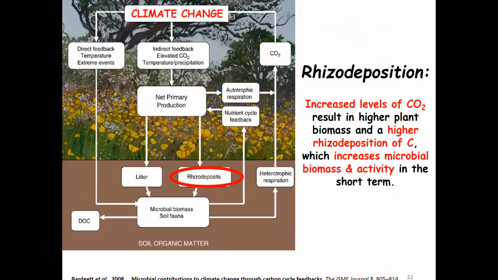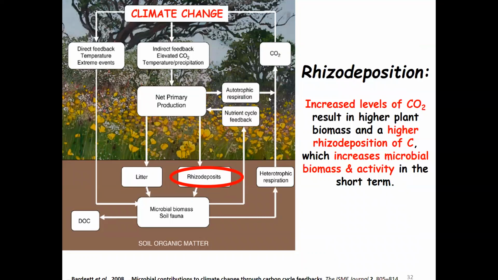Now, in terms of climate change and its effect on rhizodeposition, the levels of carbon dioxide that will increase are going to result in higher biomass and a higher level of rhizodeposition of carbon, more sugars, which can increase the microbial biomass and activity in the short term. But in the long term, it can result in huge imbalances. So these rhizodeposits are very, very important in terms of how they feed back through carbon dioxide and through things like temperature and other extreme climatic events